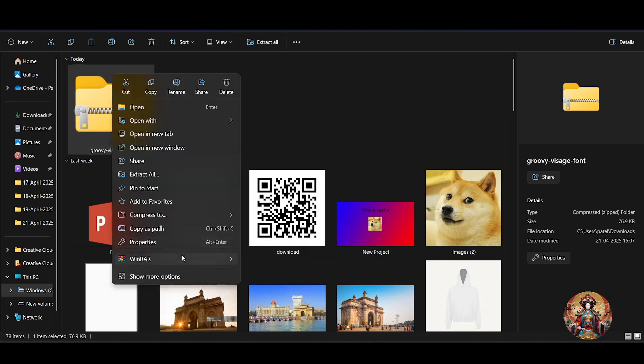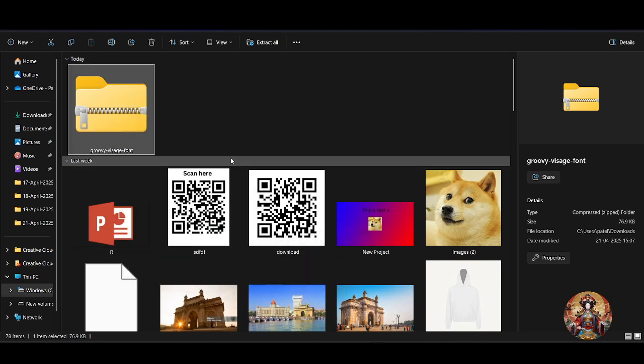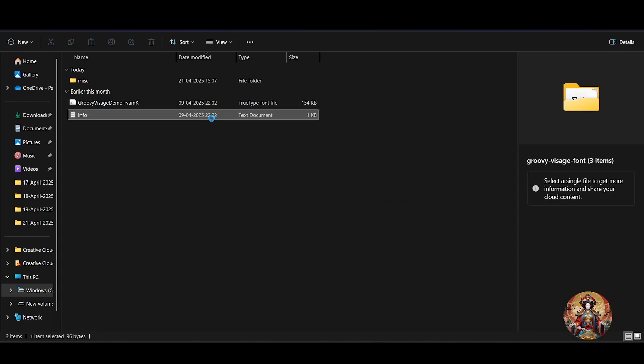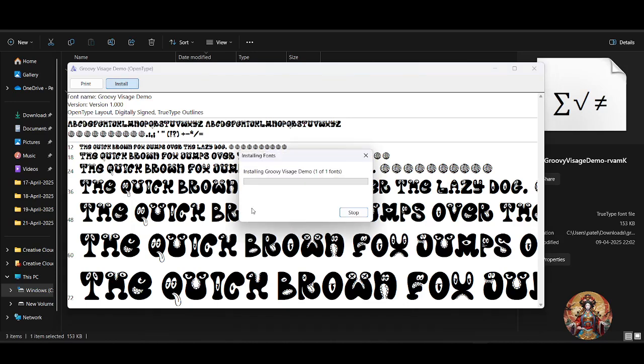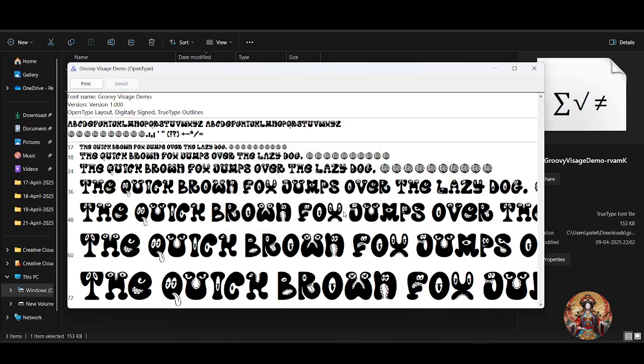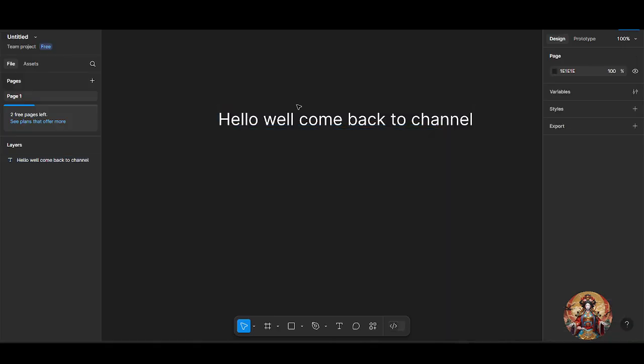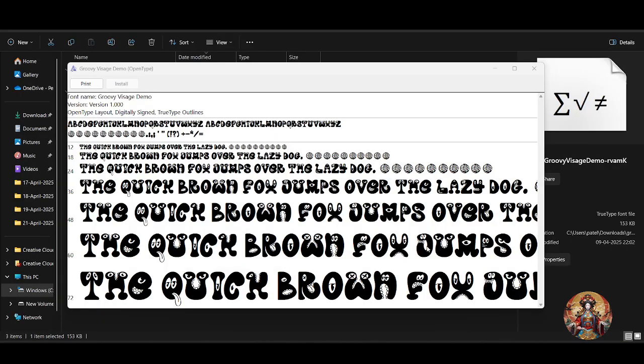and extract that font using your extension, and then double click on the font. Now if you are a MacBook user, you will get a different kind of interface, but right now I will just simply click on the install button. So as you can see here, after the installation you have to just simply save it and click the